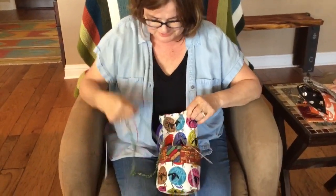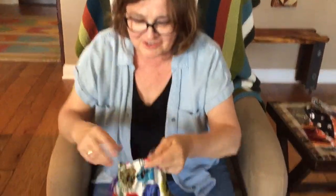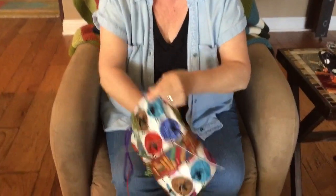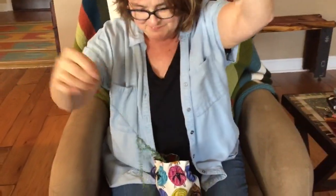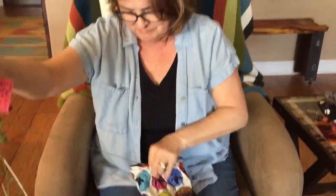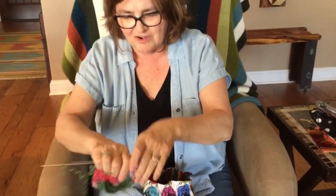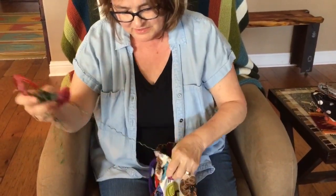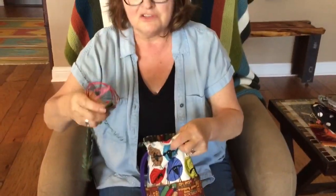But okay, the cool thing about this bag. Wait, let me straighten this out. I'm going to pan in on the bag a little bit because I can't get your head in the bag at the same time. So the cool thing about this bag for this sock blank is, see, now it looks like a mess, and it really isn't a mess. There's one strand coming out. So when I work on one, and it's all these pockets on the outside, when it feels like it's pulling too much, and I need to work on the other one,